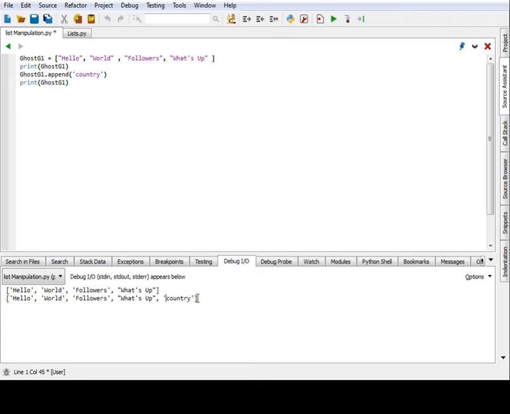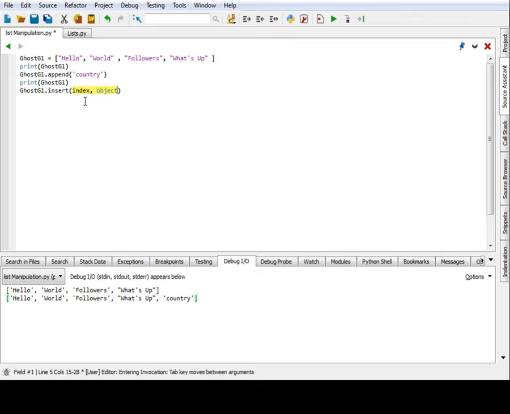Let's say I wanted to add the word this between what's up and country. So let's say ghost g1 dot, this time it's not append, it's insert,